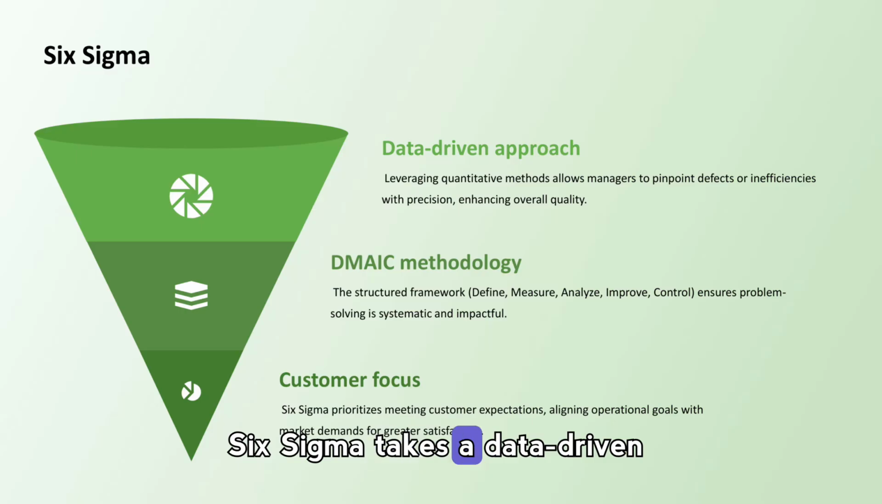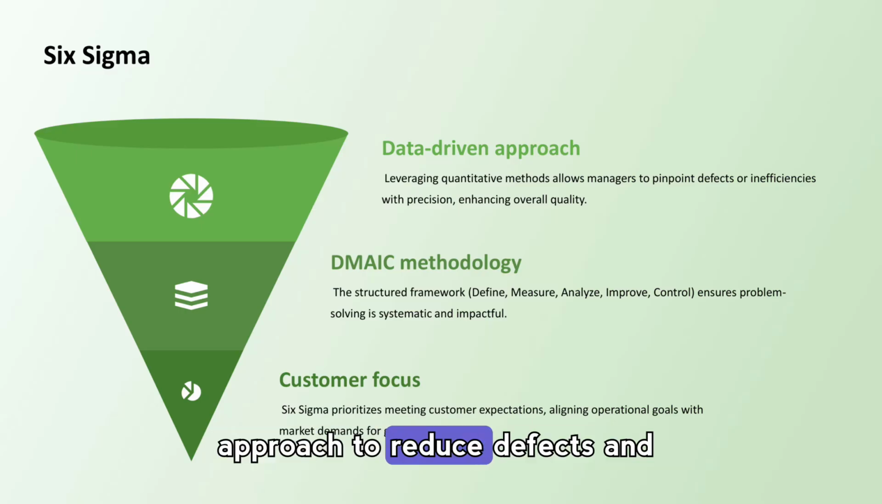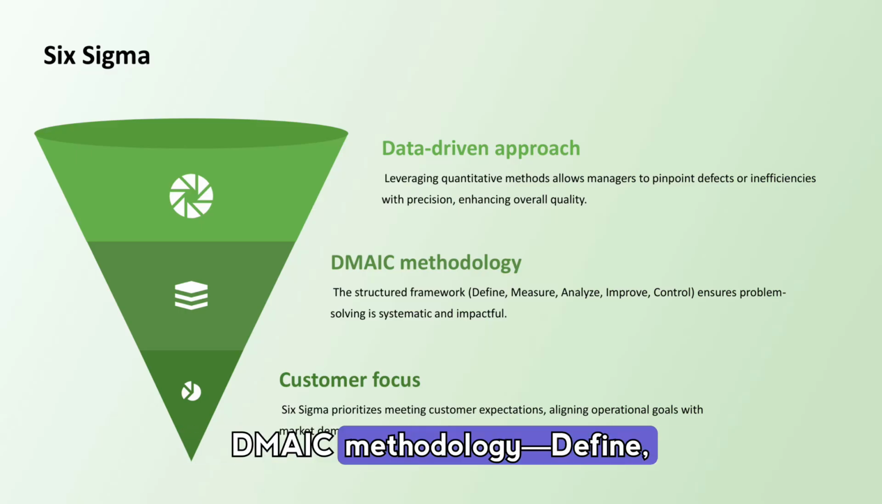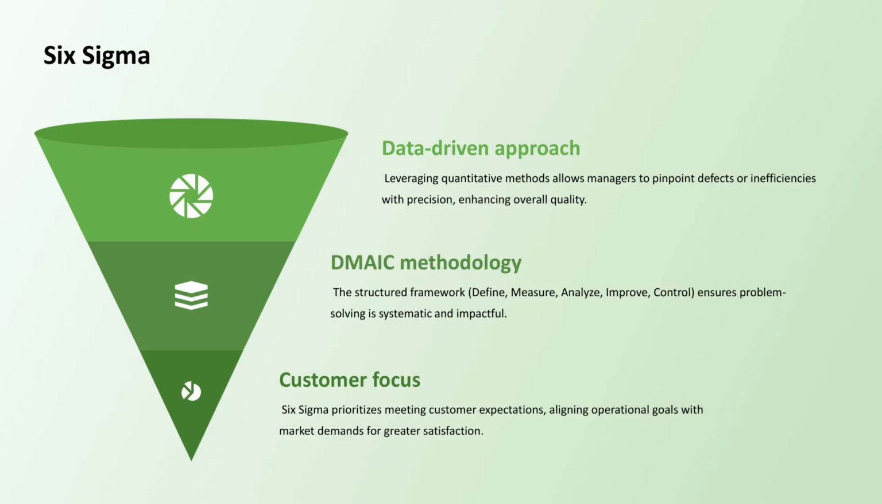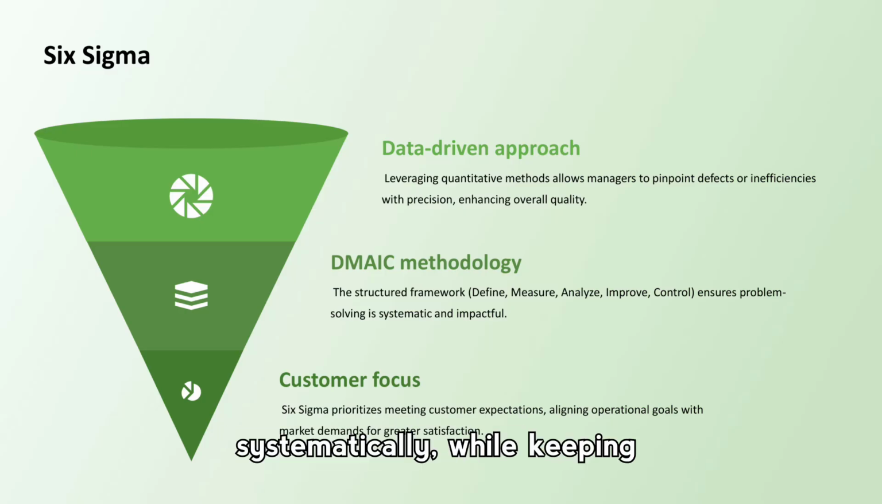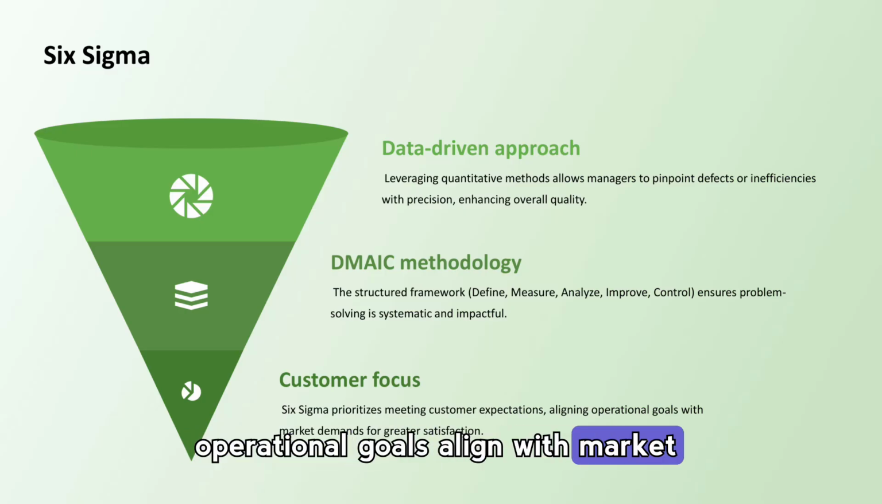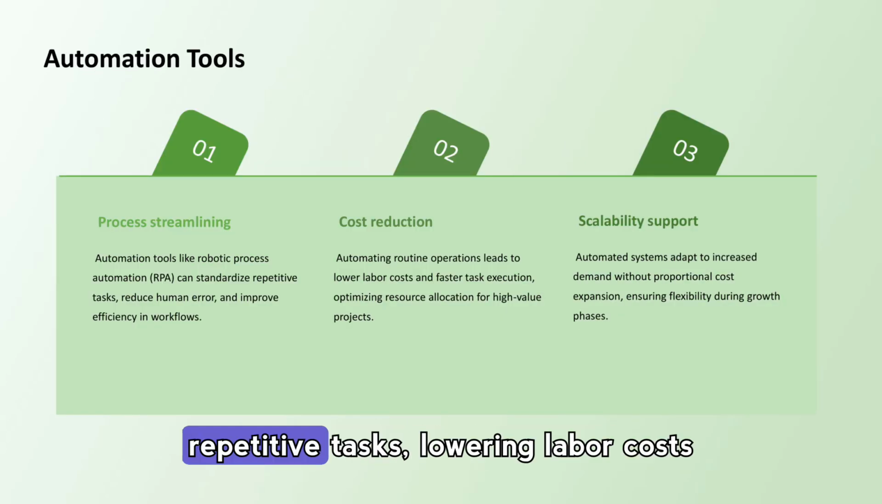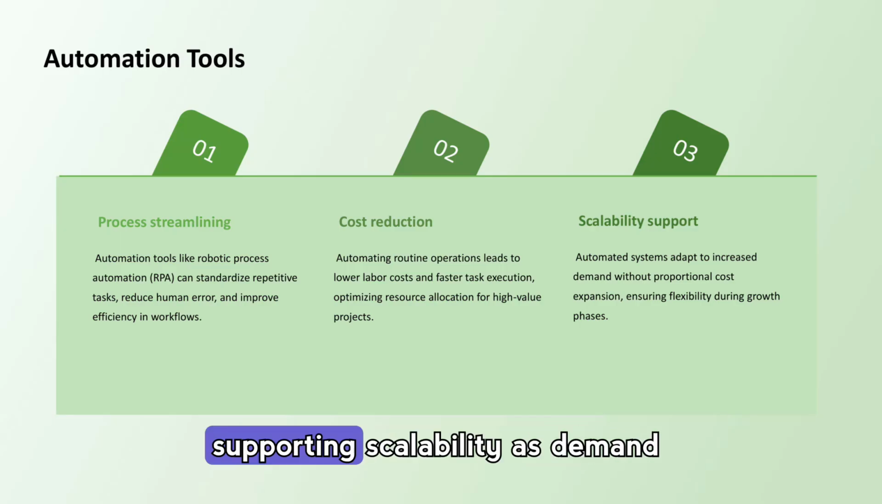Six Sigma takes a data-driven approach to reduce defects and improve quality, using the structured DMAIC methodology: define, measure, analyze, improve, control, to solve problems systematically, while keeping customer needs at the center, so operational goals align with market expectations for consistent results. Automation tools streamline processes by standardizing repetitive tasks, lowering labor costs through faster execution, and supporting scalability